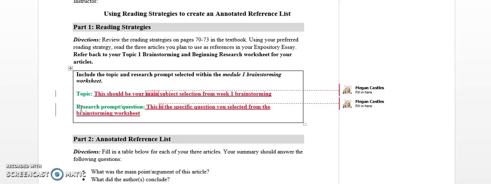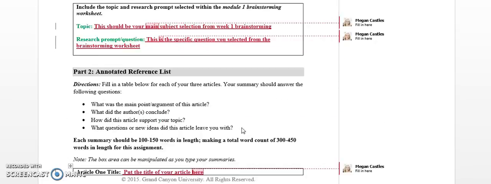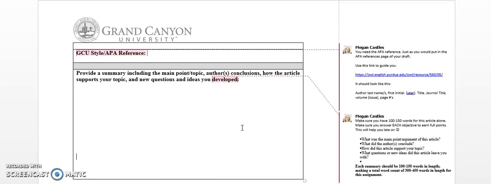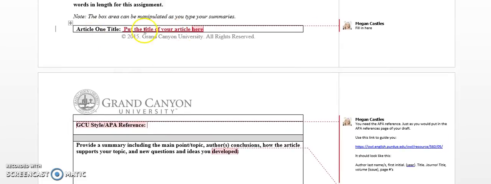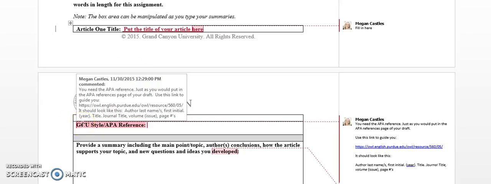You should have only selected one question under the subject, and that's going to continuously be your topic throughout all of class. So then go down to part 2 once you filled that in, and you're going to want to add here the title of the article that you have. So make sure that you type in the title here, and then you're going to include the GCU style APA